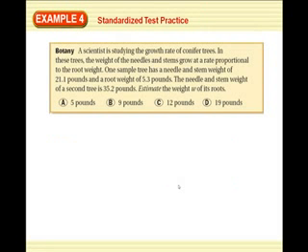Awesome. All right, another example. A scientist is studying the growth rate of conifer trees. In these trees, the weight of the needles and the stems grow at a rate proportional to the root weight. One sample tree has a needle and stem weight of 21.1 pounds and a root weight of 5.3 pounds. The needle and stem weight of the second tree is 35.2 pounds. Estimate the weight of its roots. Okay, I'm going to have to read that again. The weight of the needles and stems grow at a rate proportional to the root weight. So that means if I want to write my proportion,